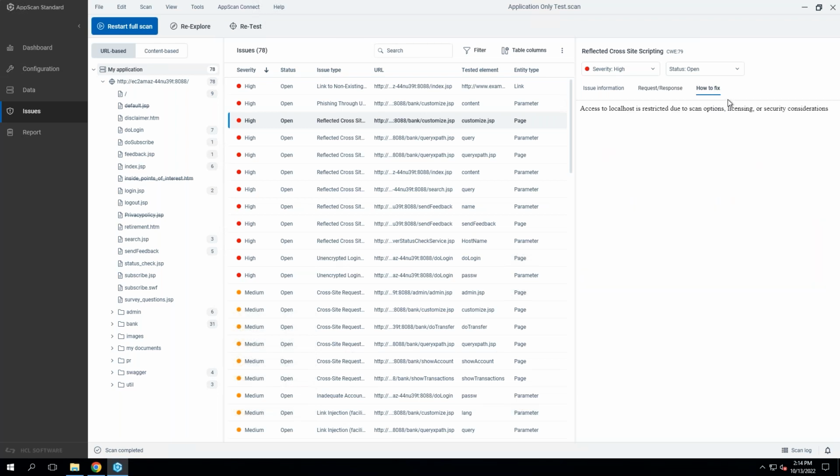Lastly, there's also a how to fix. So it looks like there's a bit of an issue with my license here. But yeah, I just want to outline that for the how to fix,